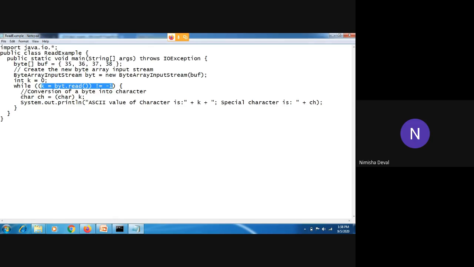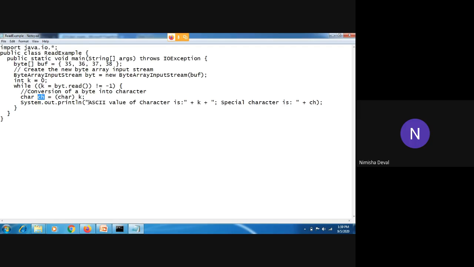Then we have to convert it into character, right? So for converting an integer value to a character, we need this method. Whatever integer value is there, it will be read as an ASCII value, and that is converted into the character, and that character gets stored in ch, and that will be printed in front of us.